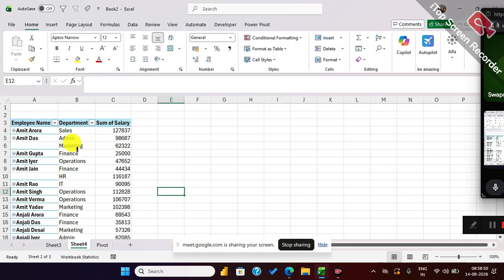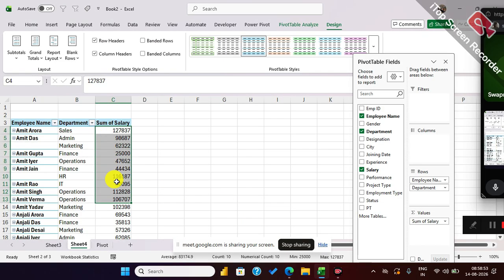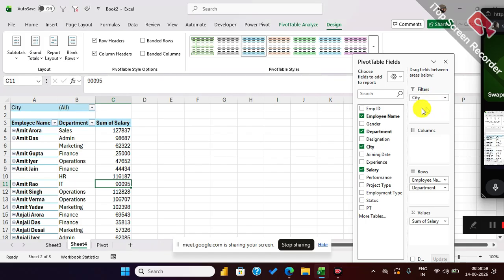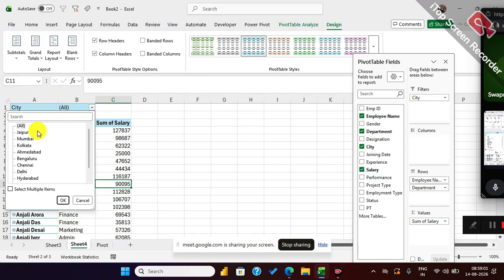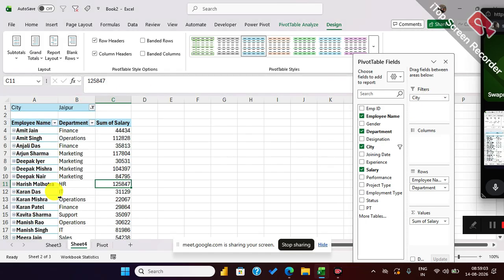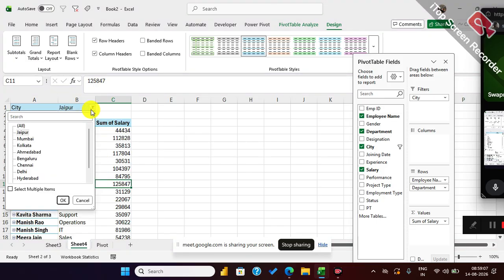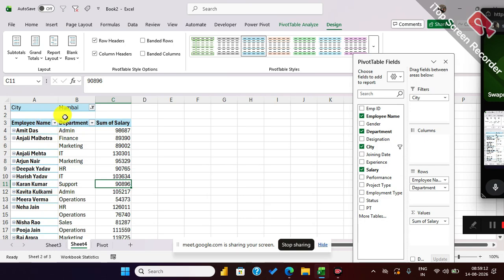Now my boss says that you have to create a city-wise report. City-wise report. That means I have to drag the city into this. So if I go here, if I choose the Jaipur city, now I got all the detail of Jaipur. If I go here and choose Mumbai, I will get Mumbai. My boss says that